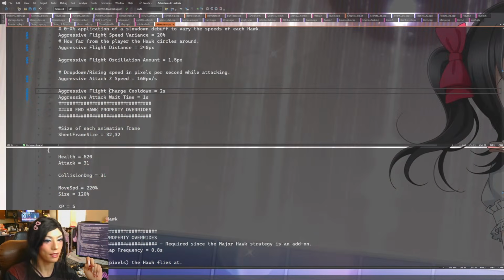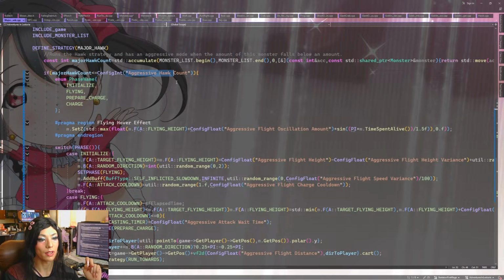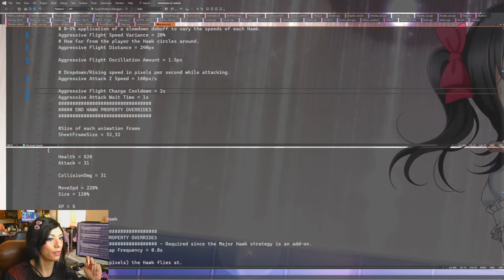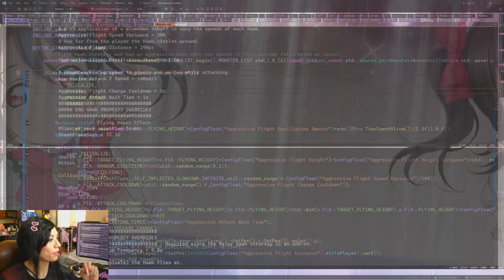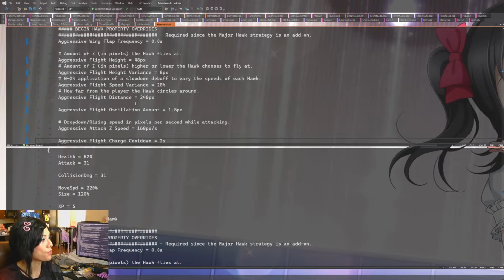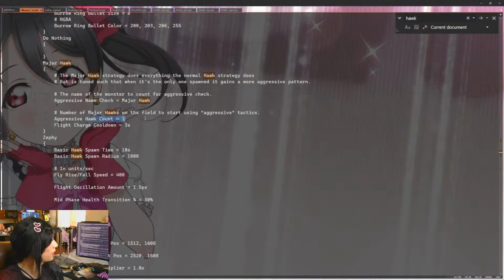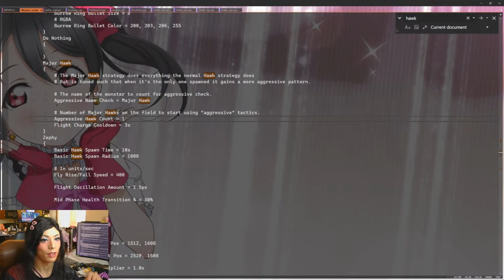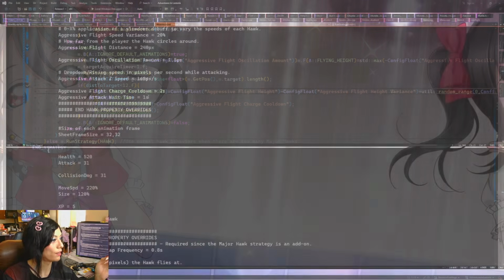That should work. But what happens when this variable doesn't exist, right? It's like, okay, the aggressive hawk count. Major hawk count is less than or equal to aggressive hawk count, which I guess is just 1, because I put 1 here. Number of major hawks on the field to start using aggressive tactics. Well, if not, it's just using regular hawk strategy.